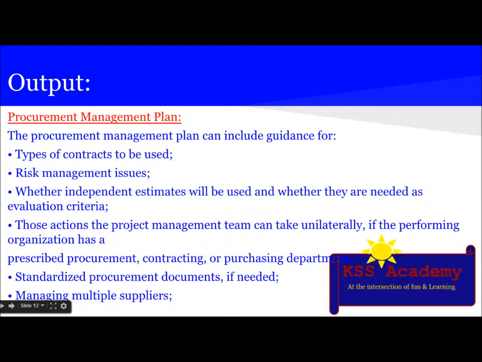The output is obviously the procurement management plan and includes a long list of things. So let's see. Types of contract to be used, risk management issues, whether independent estimates will be used, whether they are needed as evaluation criteria, those actions the project management team can take unilaterally if the performing organization has a prescribed procurement, contracting, or purchasing department, standardized procurement documents if needed, managing multiple suppliers,